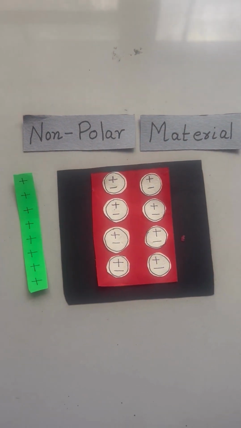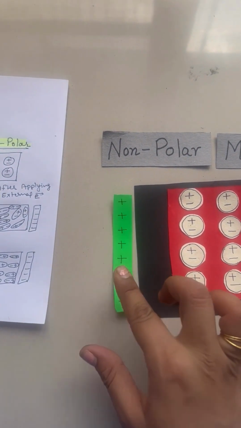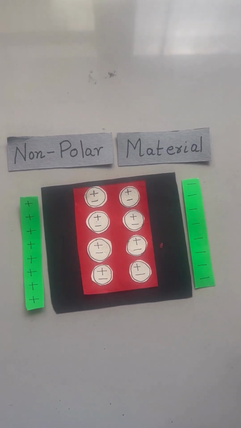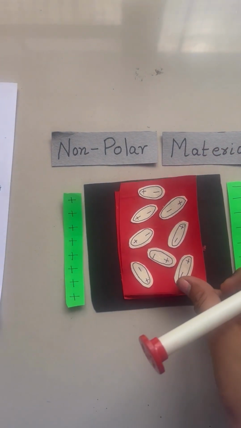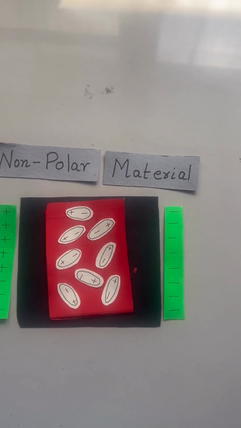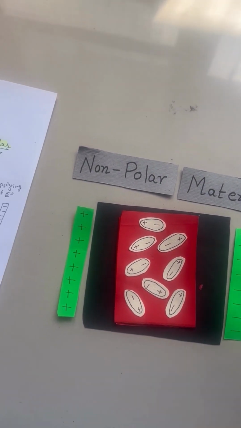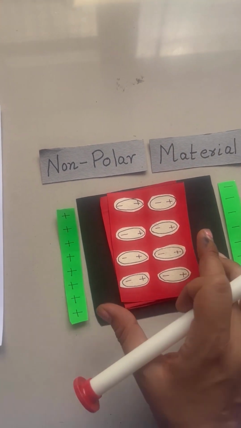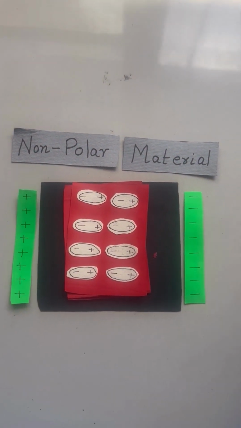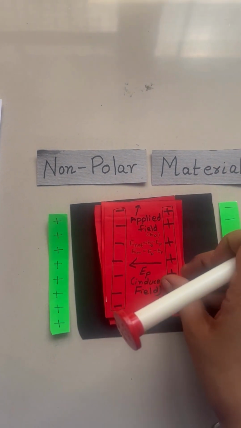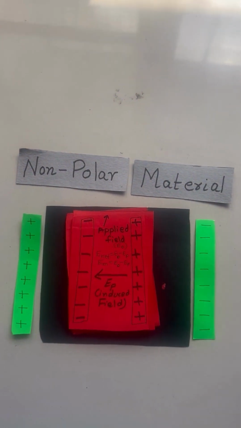Here, this is a prototype model where this green colored electric field is applied from positive to negative direction. First, these molecules will be polarized as shown. That is the first step. Then in the second step, these polarized molecules will align themselves like this. So in two steps, a non-polar molecule can be polarized and a net electric field will be generated inside the